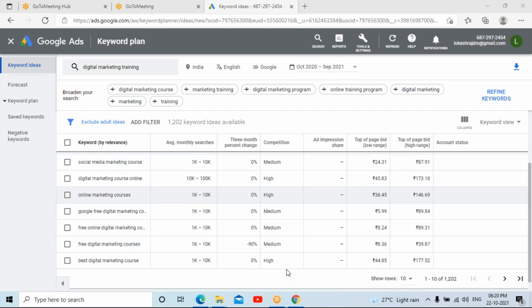Yes, ma'am. Sir, even within the ads, if we make an ad for digital marketing, there might be several other people making search engine ads on the same topic.